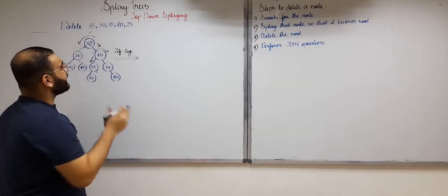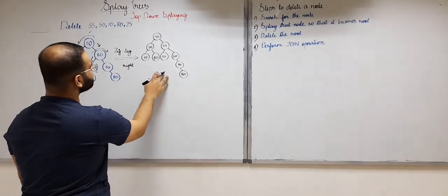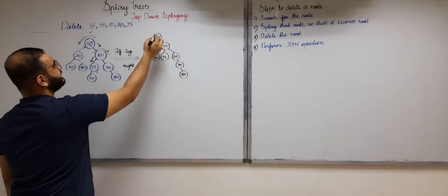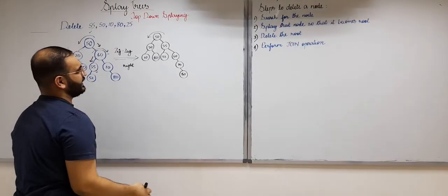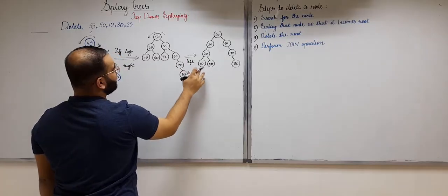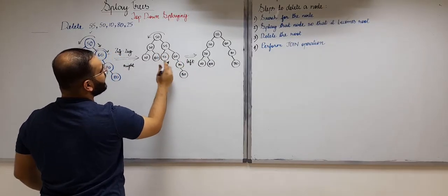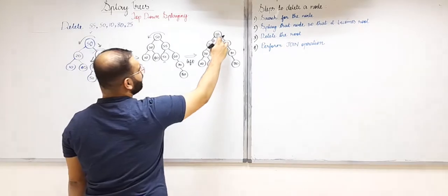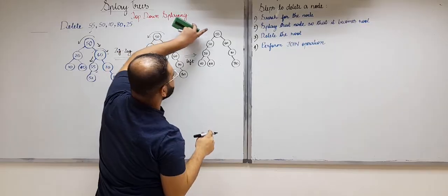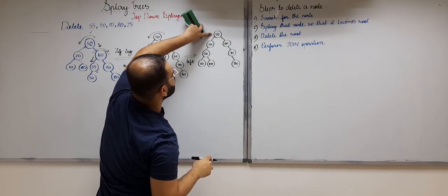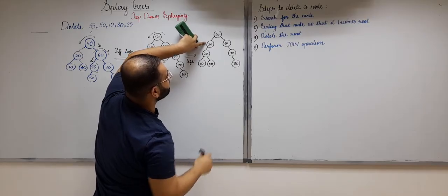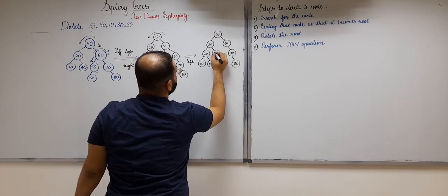So let me first do the right rotation and draw the splay tree. This is the splay tree that we get after performing this right rotation. Now let us do a left rotation about the grandparent. After the left rotation about the grandparent, this is the splay tree that we get. Here, 55 had a left child, that is 52. But now 55 has become the root, so it has a new child 50. So where will 52 go? According to the BST property, 52 is less than 55, so it will come on the left. 52 is greater than 50, so it will come on the right. So 52 comes over here.